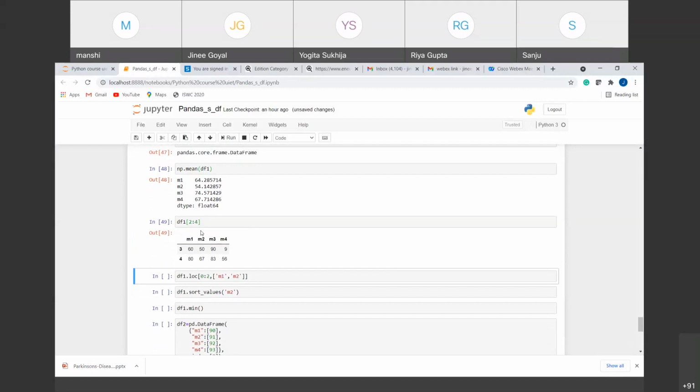You can see what it is doing: if we are writing it here 2 to 4, it means it is starting from index 2. If it is starting from index 2, it means 0, 1, 2. That is the third row, and it is going till 4, right? 4 means the fifth row, and the fifth row is not included. So it will give me the third row and the fourth row, right?